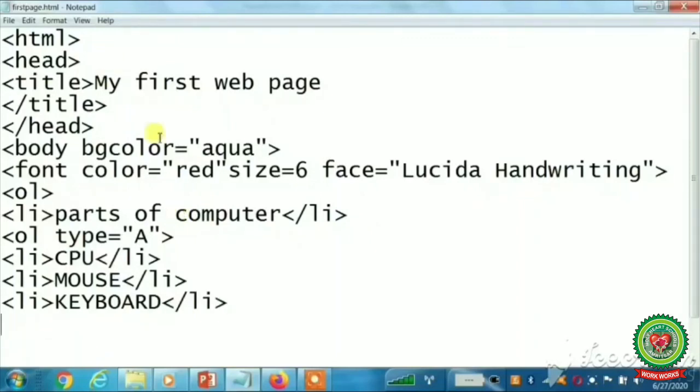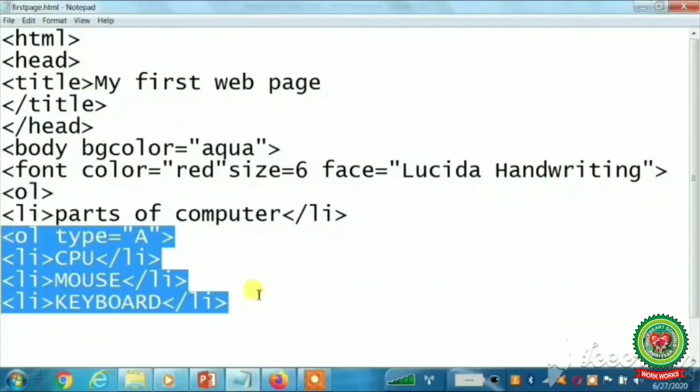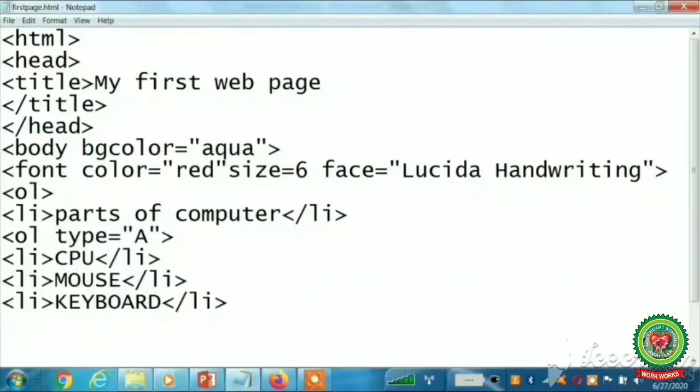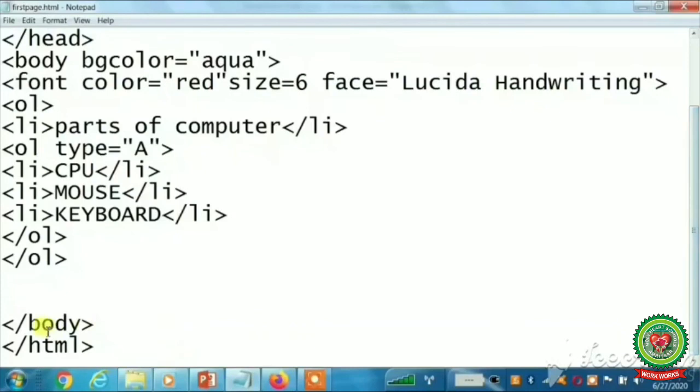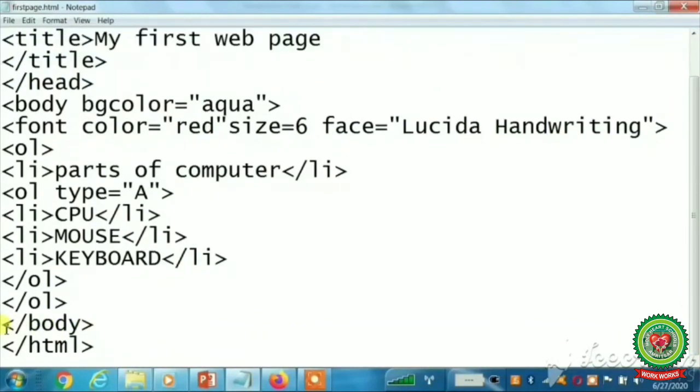Now I have created a list within a list, that is, this is the main list, that is ol tag, and this is the sub list. Now here I will close firstly the sub list, that is ol, and again I will close the main list, that is another ol tag, and at the end what we have to close, that is body and HTML.